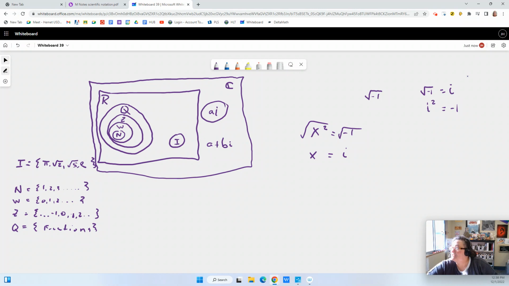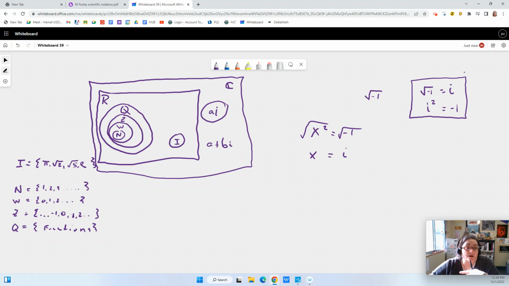So these are the two most important pieces of information. Otherwise, anytime you're looking at an i, an imaginary number, you're just going to deal with it like you would any other variable, right? The only difference is when you get an i squared, it's going to become -1. You're going to replace it with -1. That's literally the most complex part. The most important bit to remember is that the square root of -1 equals i, and that i squared equals -1, right?